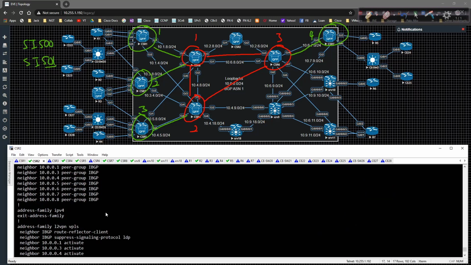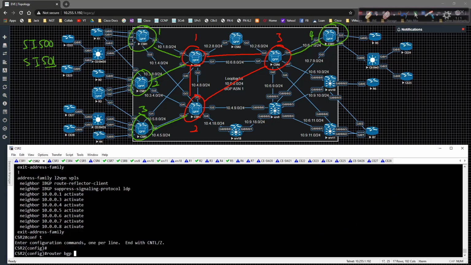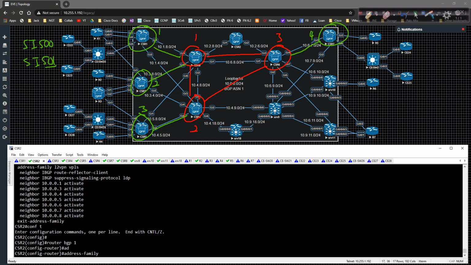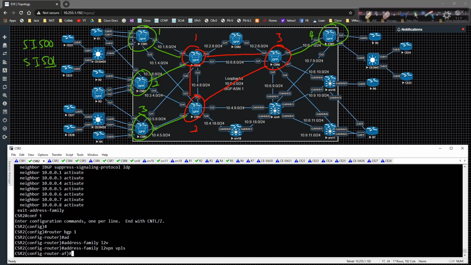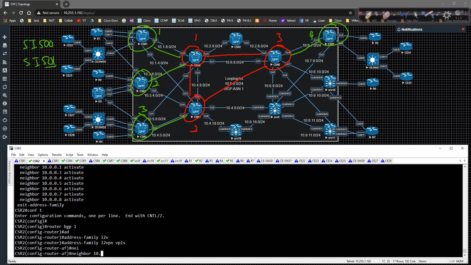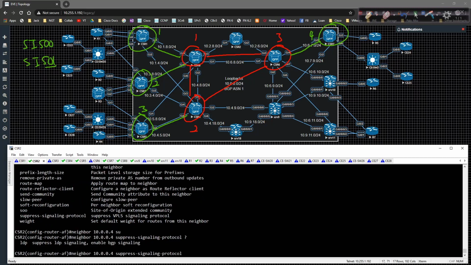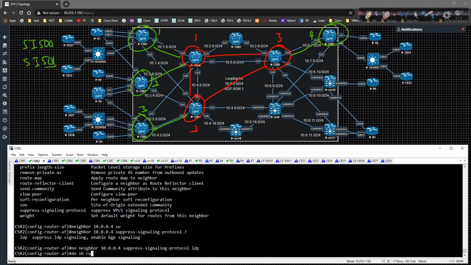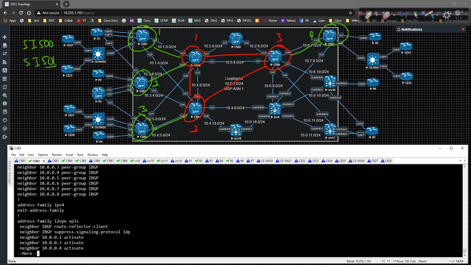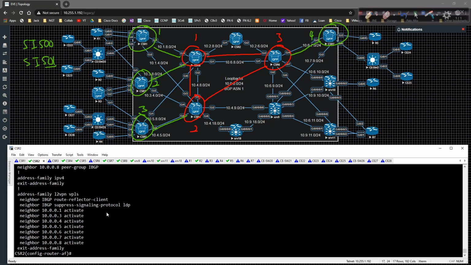So if I was to go back to router BGP1 and then address family L2VPN VPLS and type in neighbor of 10.0.0.4 and suppress signaling protocol, and then LDP, and type in no neighbor, do show run section BGP. I'm curious to see what that would take. It will not, because the